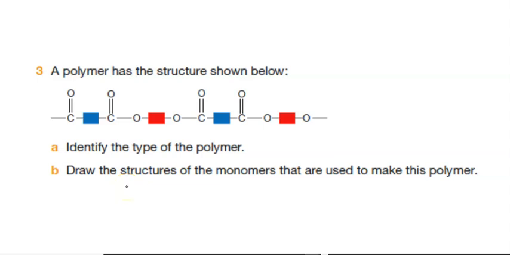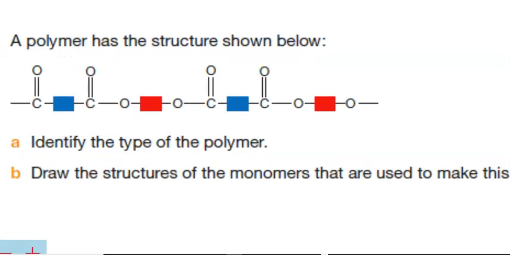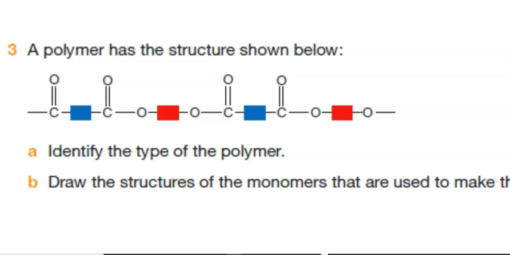So this is a question about polymers, and you need to identify the type of polymer and you need to identify the monomers, and you are provided with a partial structure of the polymer. Now you can identify what is the type of polymerization. Type of polymerization is